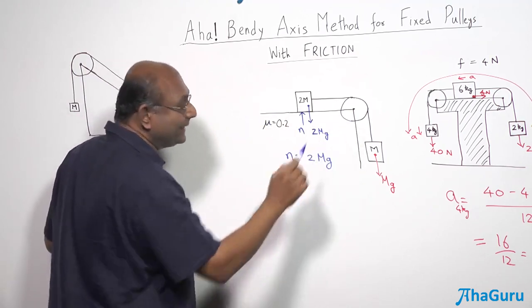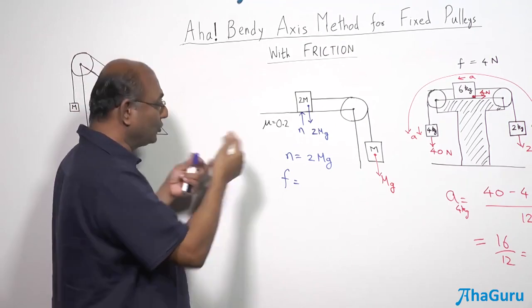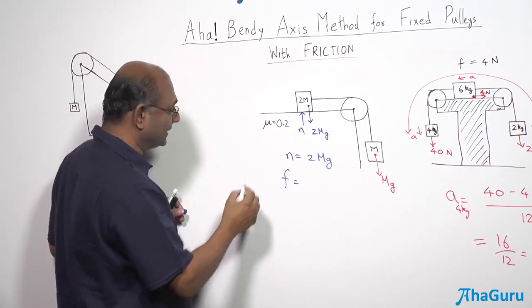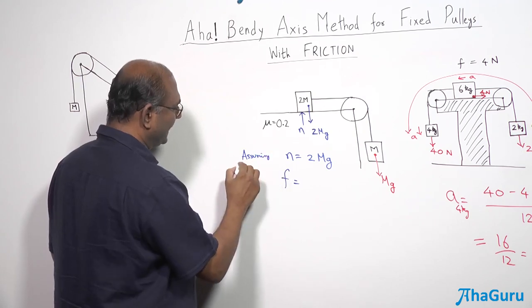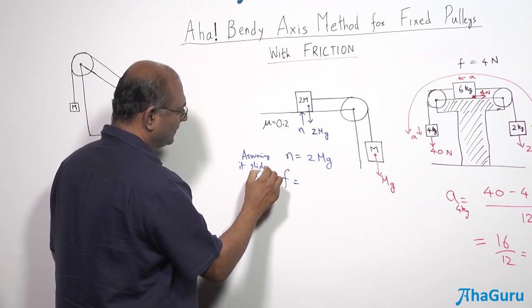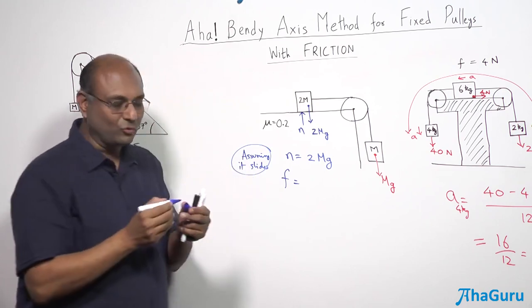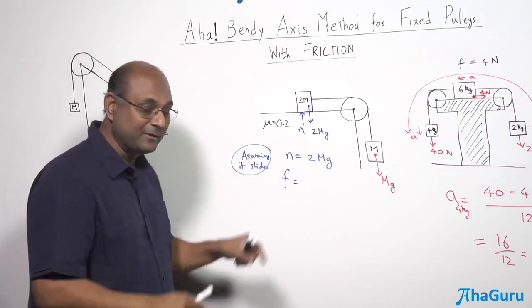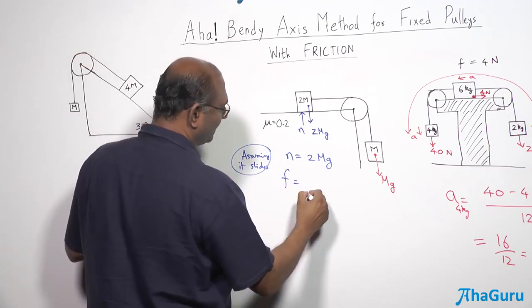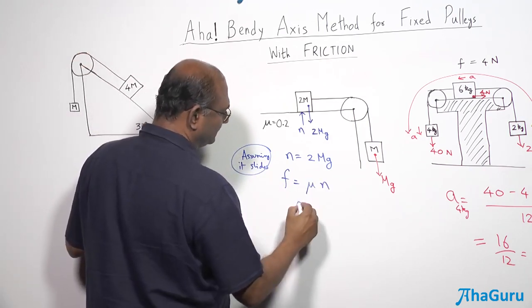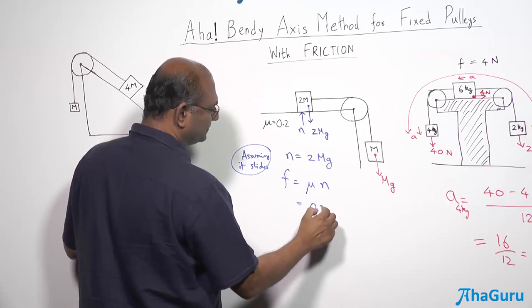Well, it is sliding. Yes, it is sliding. Assuming it is sliding, so this makes an assumption. So assuming it slides. If it doesn't slide, you can't conclude that F must be equal to mu n. F will be less than or equal to mu n. Right now let us say F is equal to mu times n, mu is 0.2.